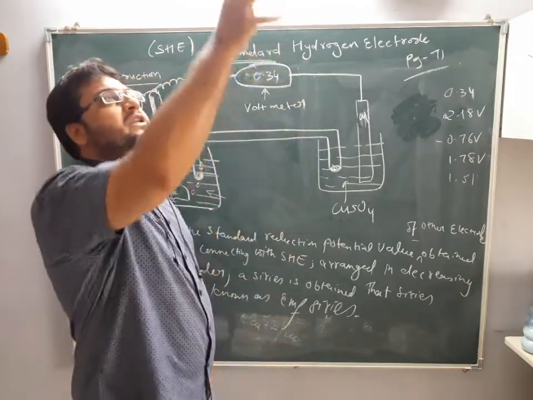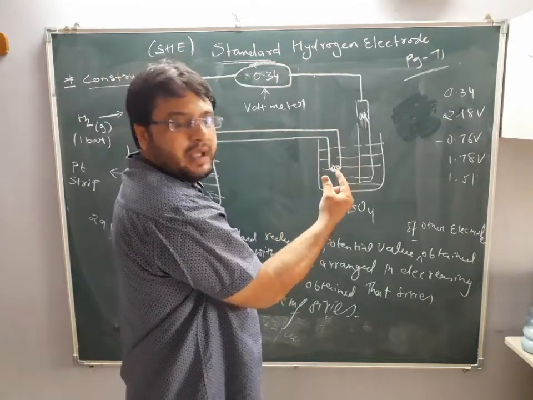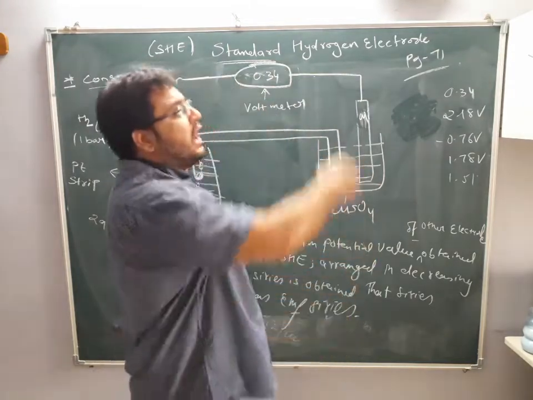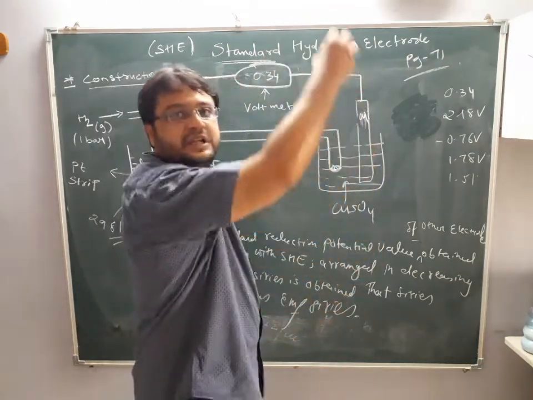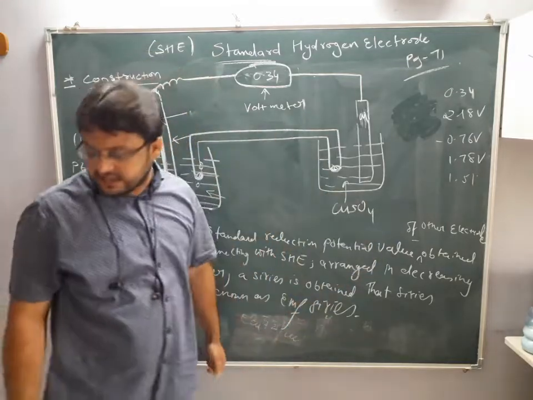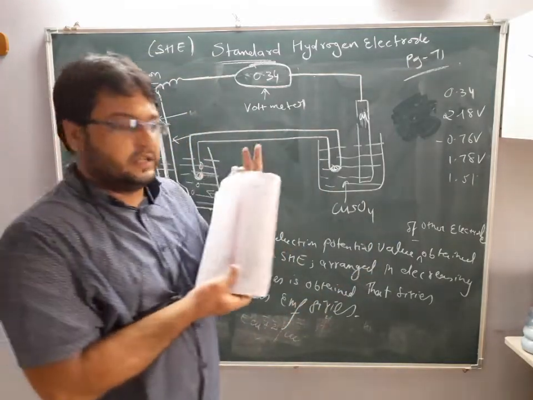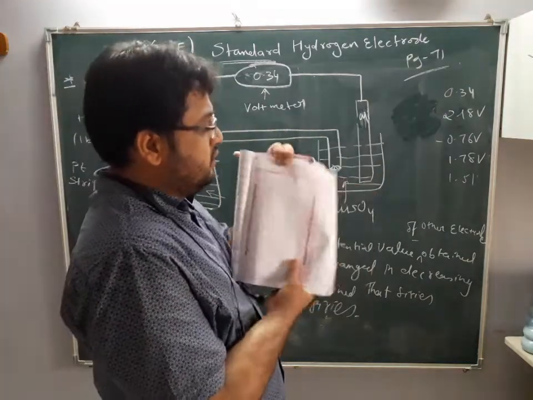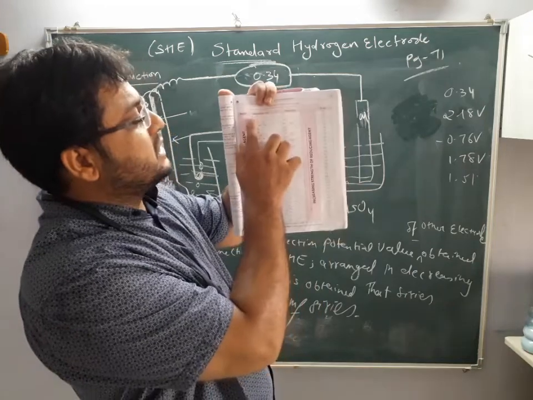As I start to arrange from higher value to the lower value, initially all the values will be plus. Then 0 will come. Then all the values will be minus. So it goes from positive to 0 to negative. So I am arranging in decreasing order. Then I will obtain one series, and that series itself is called the EMF series. You can see here, this is the series. See, the first value here is 2.87. This is fluorine I have put.